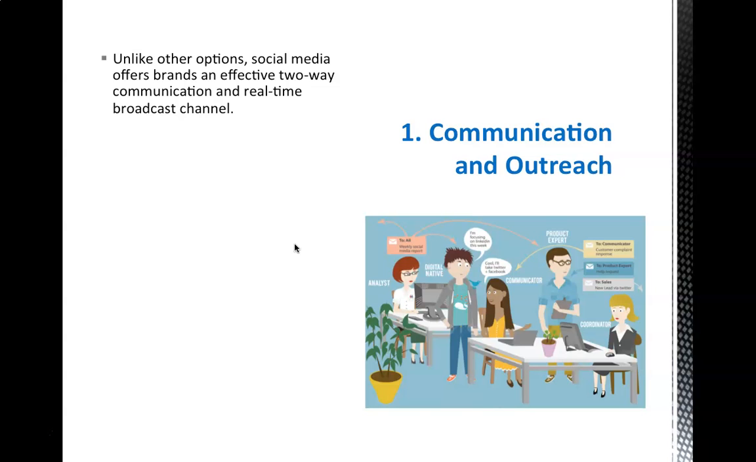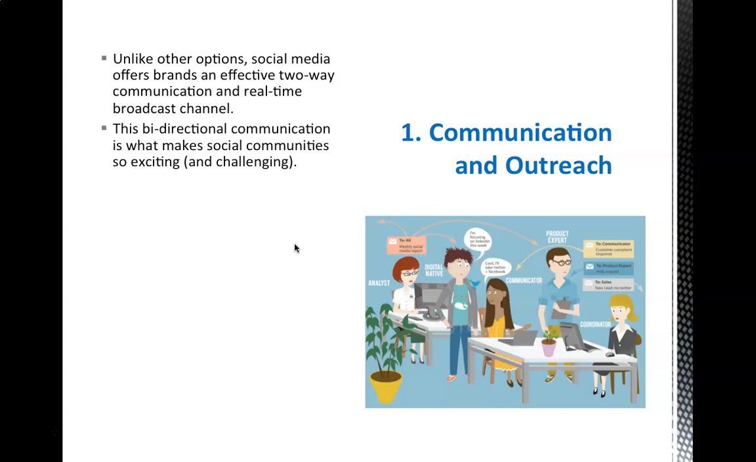Social media brought this two-way symmetrical type model of communication, and also that it was real time. And again, we use so many different platforms for that. We can use Instagram and Facebook and Twitter, and TikTok, Snapchat and that. So this bi-directional or two-way communication is what makes social communities so exciting and challenging. And absolutely exciting because